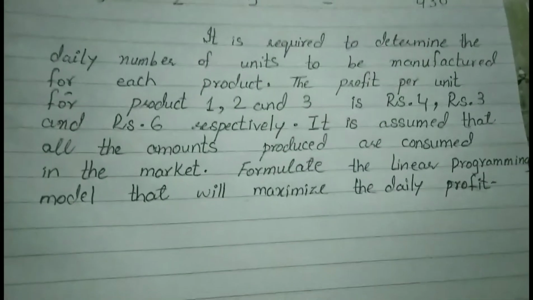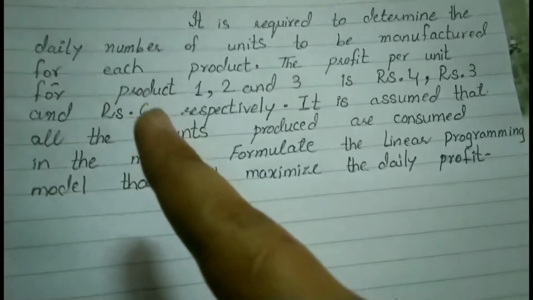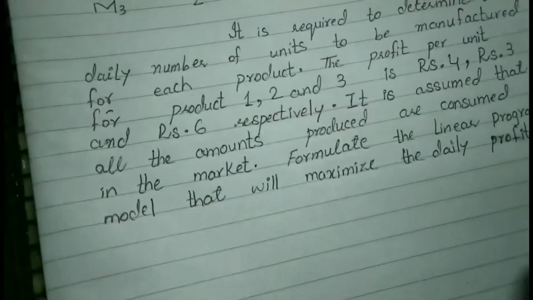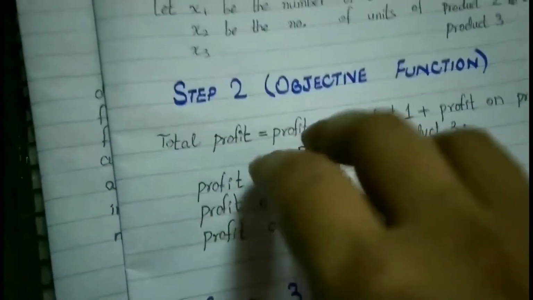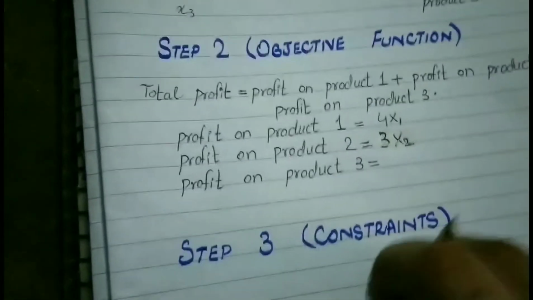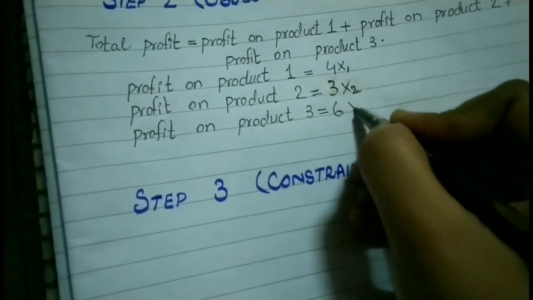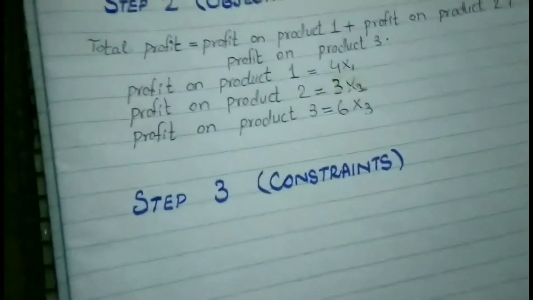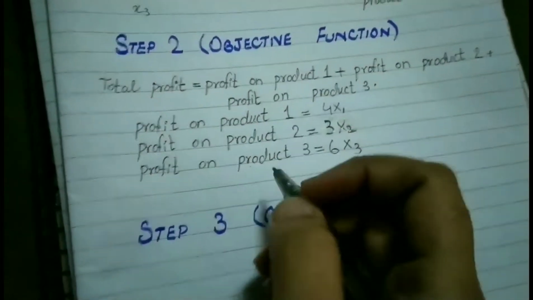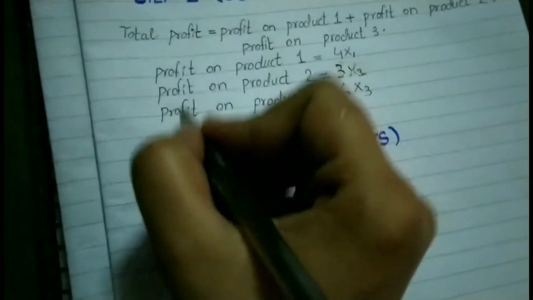3x2. Same way for product 3, it is given that it's rupees 6, and we have supposed that our decision variable for product 3 is x3. So our profit on product 3 will become 6x3. Let's make the final objective function, because as I told you, we have a case of maximization, so